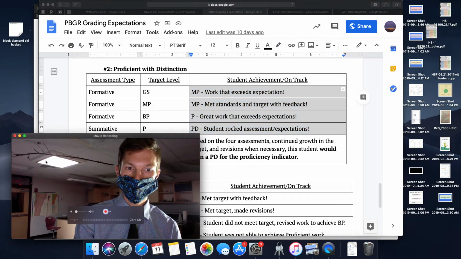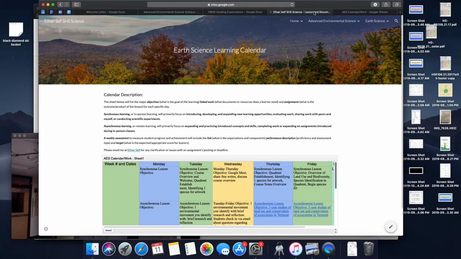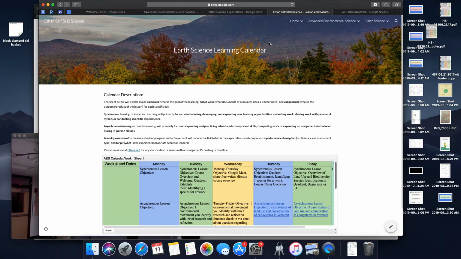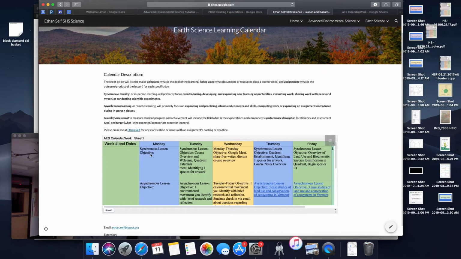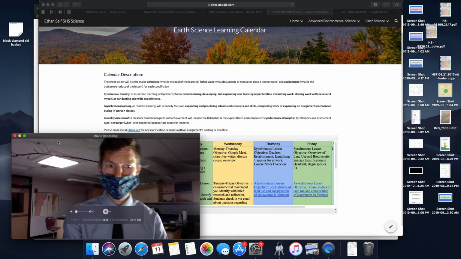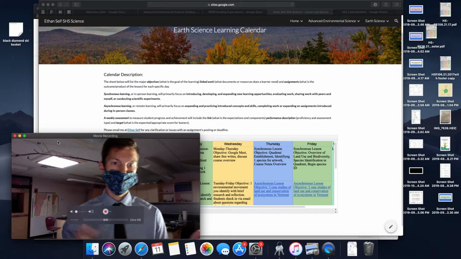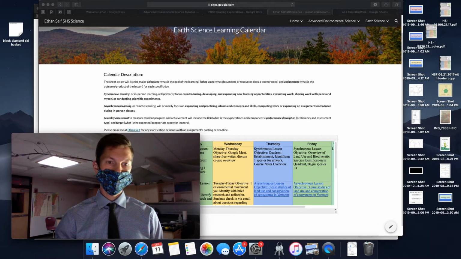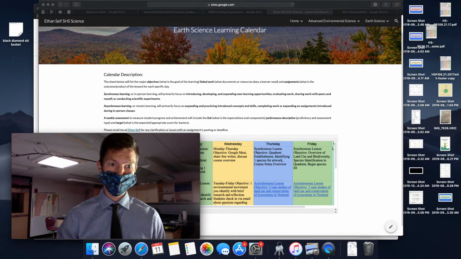Now, I'm sharing with you also my own website because many of you might not have access to Schoology or you might not like it. All of the information you need to know about the class is there. The key thing that I've created for this year is a calendar of work. Now, this calendar breaks down the week, Monday through Friday, in terms of what students will be doing if they're home, if it's Wednesday, or if they're in school, with all of the assignments, all of the links, and all of the directions available in a way that is maybe a little bit more intuitive than Schoology.